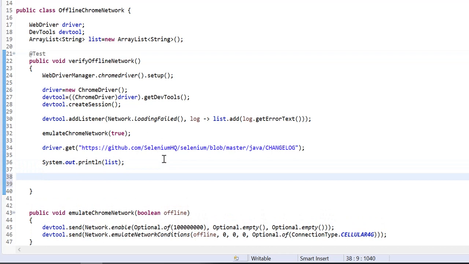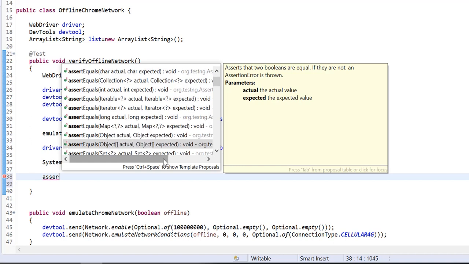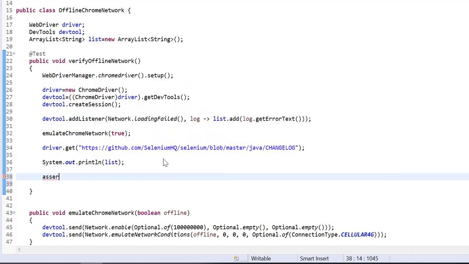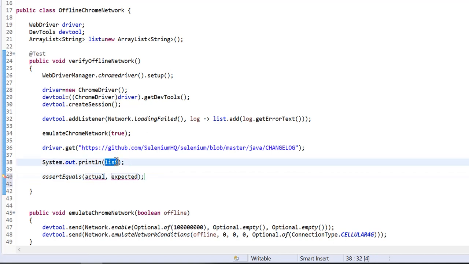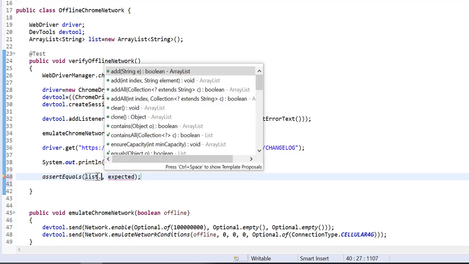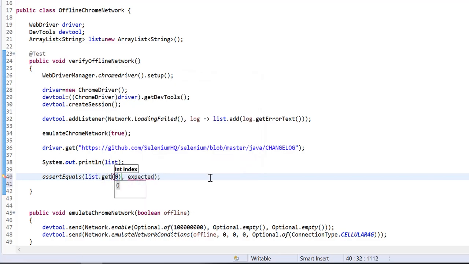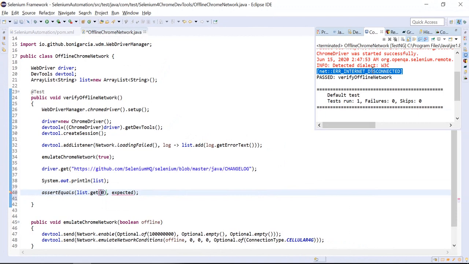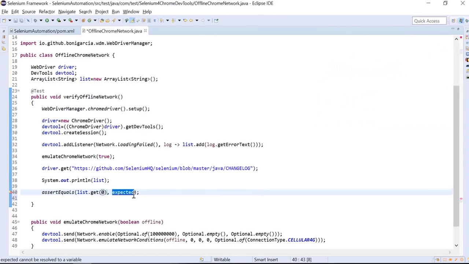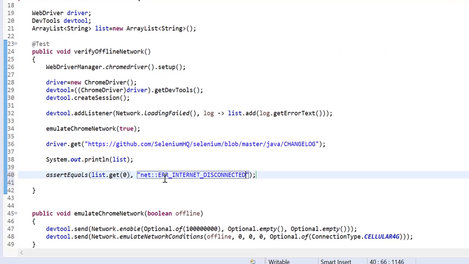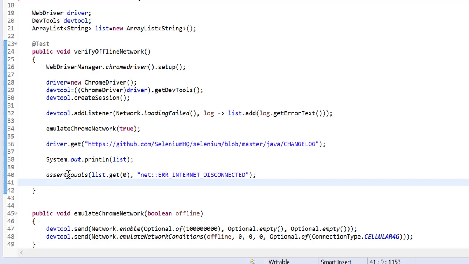We can add an assertEquals, taking a string actual. In this list we will get only one, list.get(0), and this is the error we are getting. This we can add in the assertion. So whenever the network is off, this error will occur, and we are verifying it using TestNG assertion.